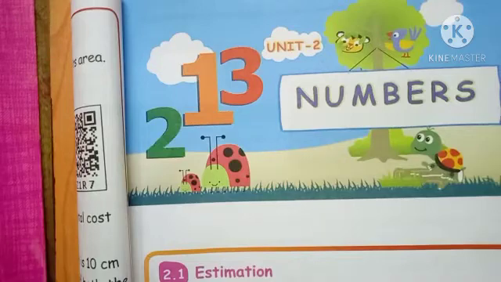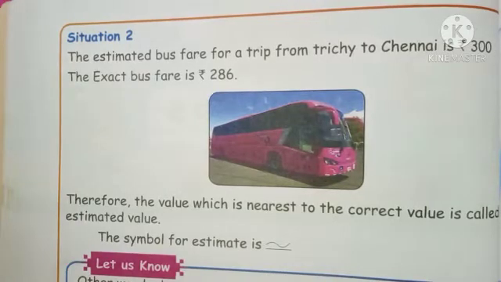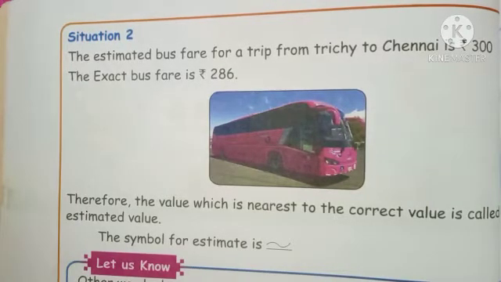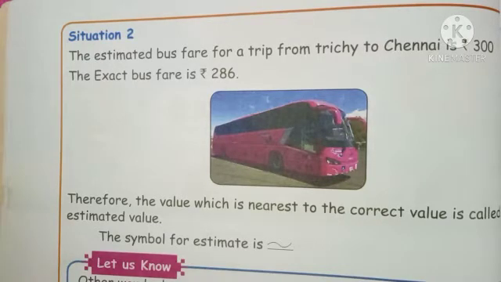Estimation means you think about how much it costs and round off. That is called estimation. Suppose you travel from one place to another, say from Chennai to Tirunelveli. In your book, an estimation example is given: you travel from Tiruchi to Chennai by bus, and the bus fare is exactly